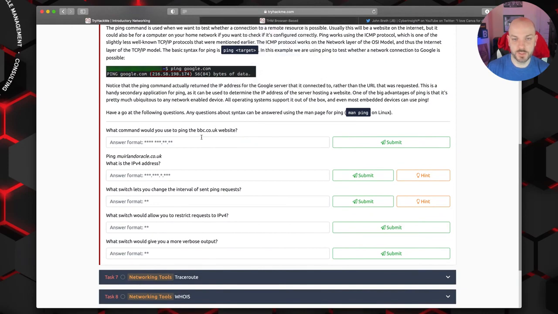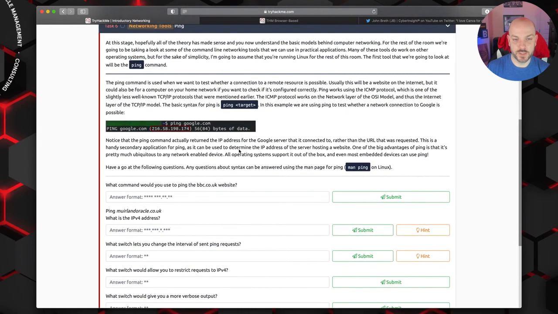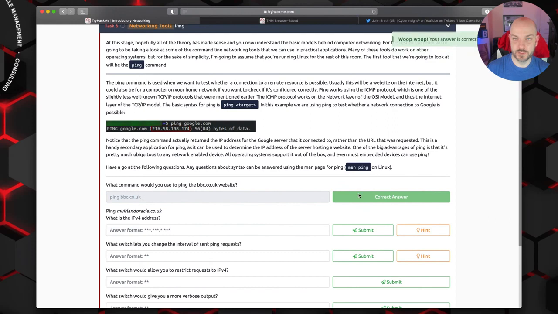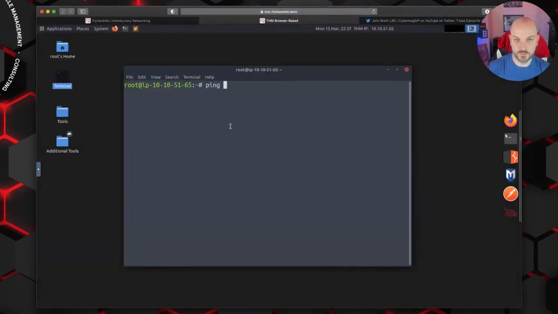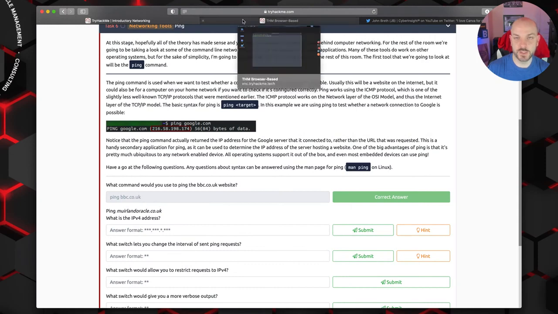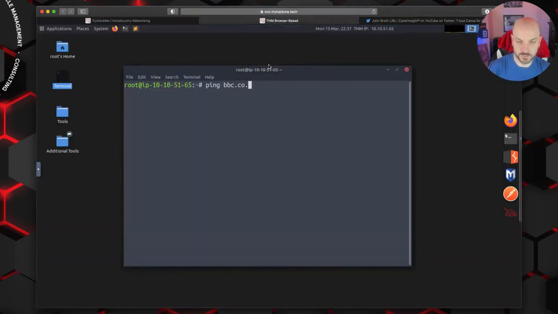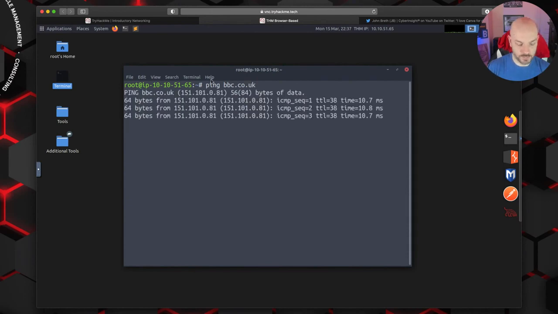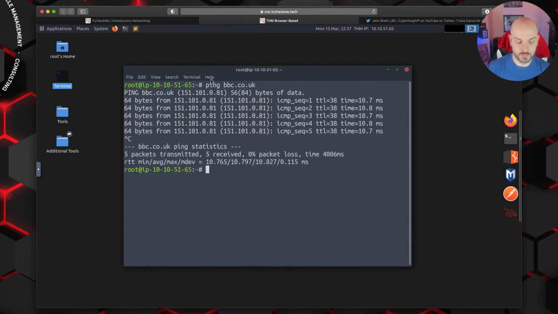So they want us to ping bbc.co.uk. And they want to know what the command is for that. Well, we'll just type that in here real quick. Whenever you're going to ping, it's just going to be ping bbc.co.uk. And we'll submit that. And we'll go do it so you can see what it looks like. bbc.co.uk. Right, and so the cool thing with ping, when you do this, I'm going to hit Control-C to stop